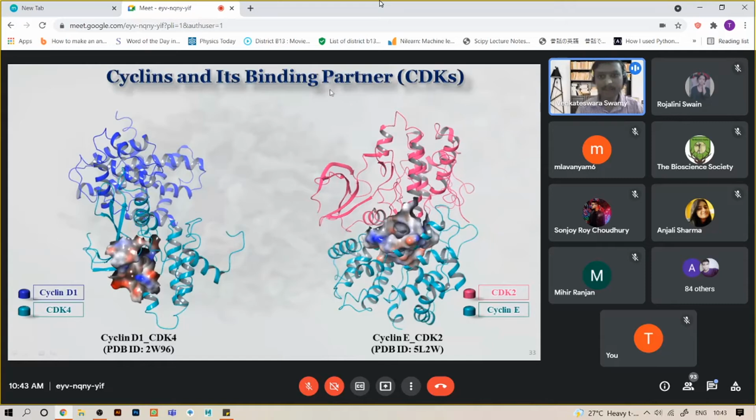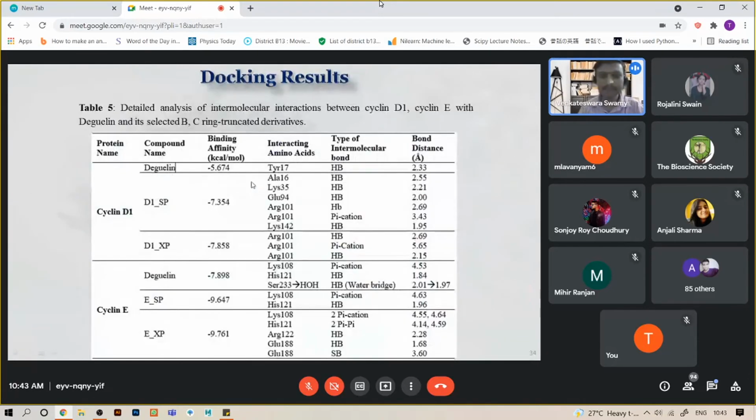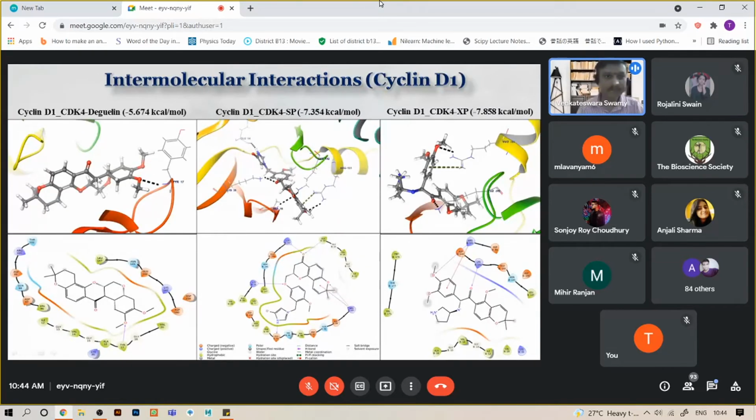And here the cyclin binding pattern was already identified, and then we took these binding sites. Then we proceeded with the grid box generation the same way as we had done previously. Later we found that there are two types of docking methods, the standard precision method and the extra precision method, and we identified this data. Next, we further mapped these energies as minus 5.674 kilocalories, and then with the docking method again minus 7.354, again minus